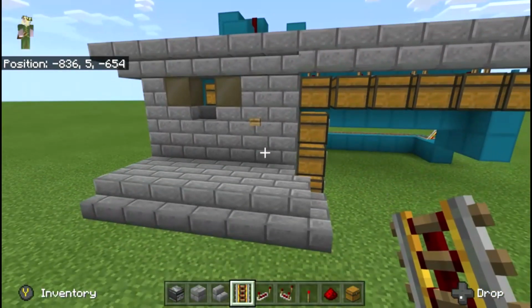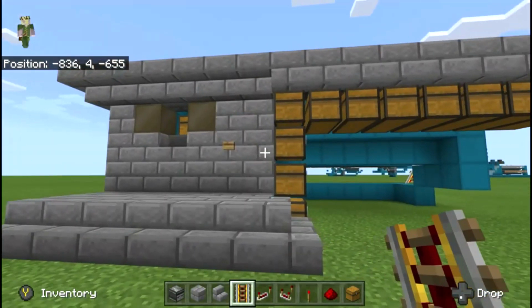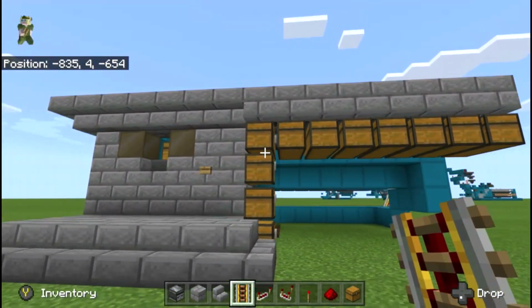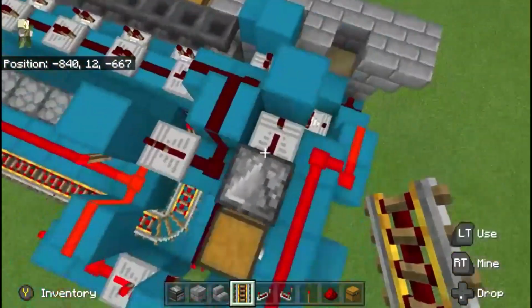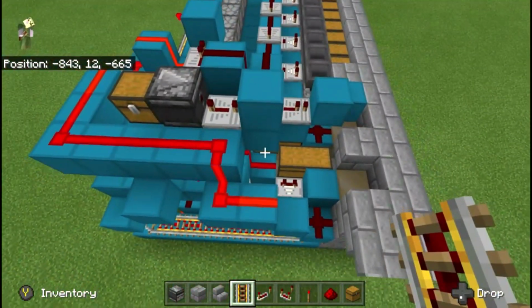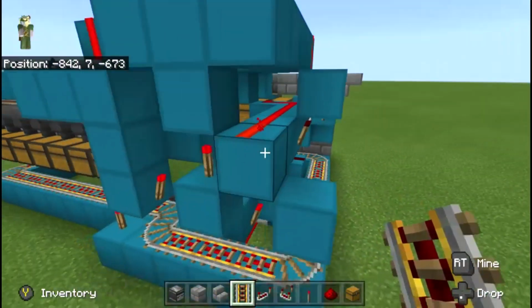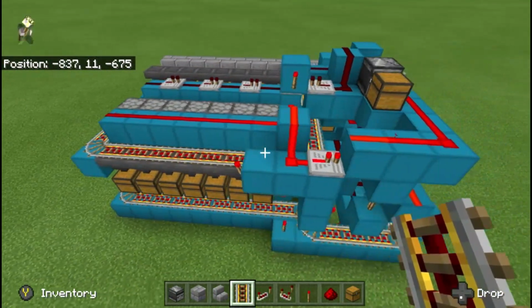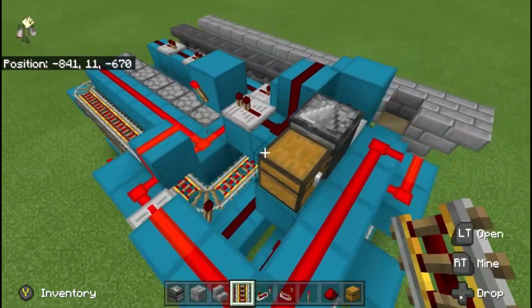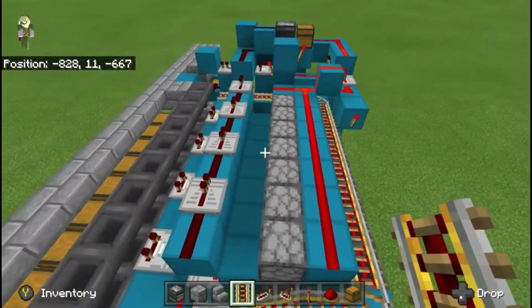But that's about it. If anybody has any more questions, just feel free to let me know. But I really am glad that it's so easy to make a sorter like that, because with the speed that this has and as cheap and as easy as it is to make, this is definitely something that I would be happy to make in survival,